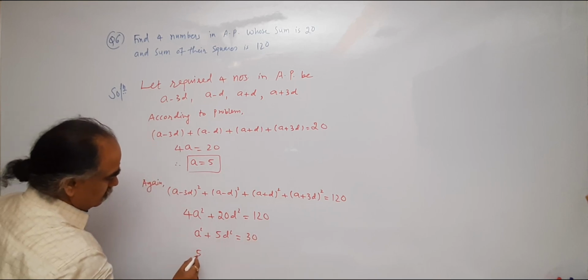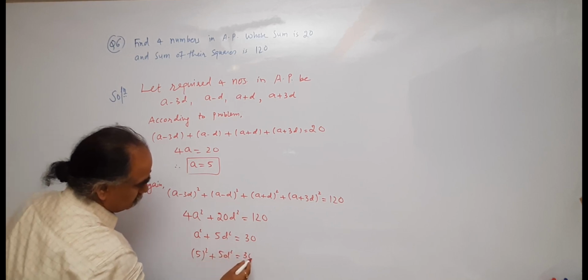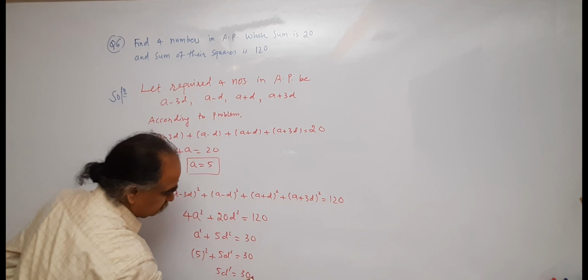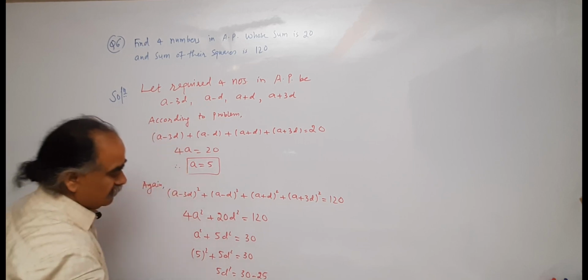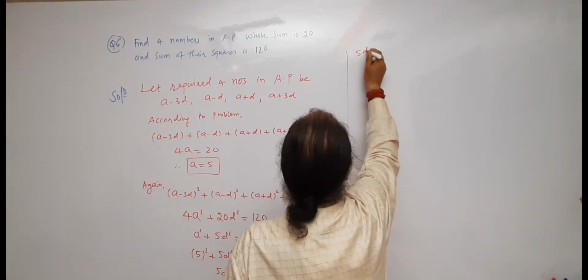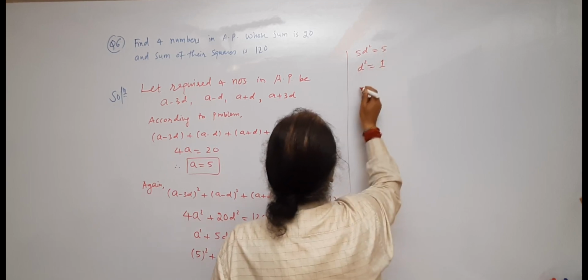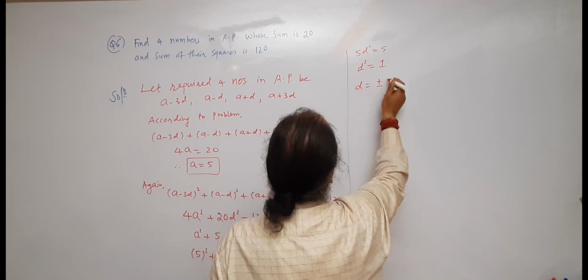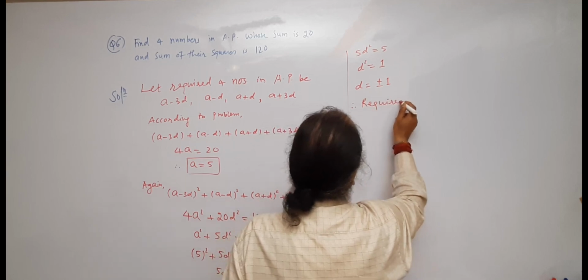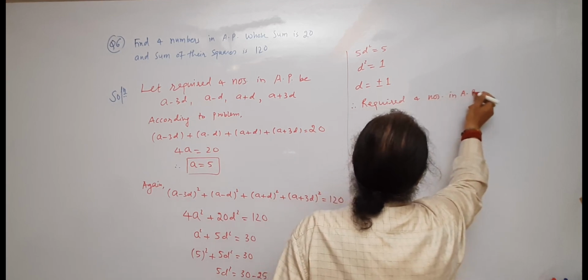A is 5, so 25 plus 5d square is 30. So 5d square is 30 minus 25, so 5d square is 5. So d square is 1. So d is plus minus 1. So the required 4 numbers in AP will be